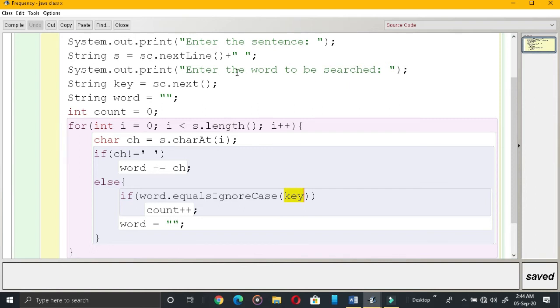I told you I am going to enter the as the key. So the key as well as the extracted word are both equal, so counter will be increased once. Now what is the counter value? 1. After the counter is increased, the word will be emptied. This particular variable will be emptied, nothing will be there.